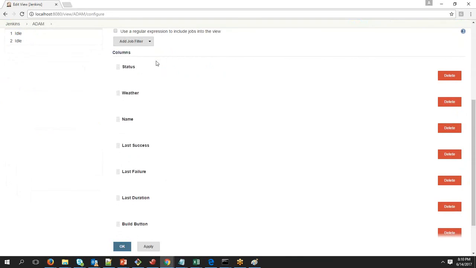So by default, you will have columns like status and then weather, name, when was the last time that it was successful, when was it failed, and how much time it took for running the last execution. And if you want to do a build directly from that view, you can choose this option. Okay, so if you just apply now,